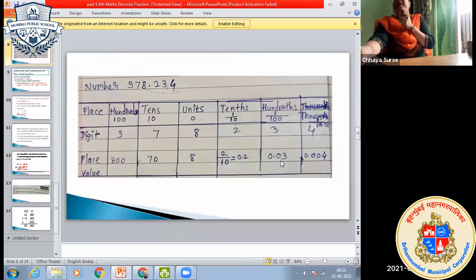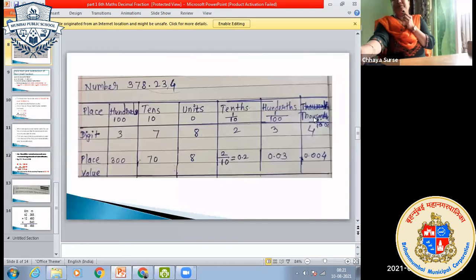So 0.03. The decimal fraction you convert to 0.03. So 3 upon 100 is now converted into decimal point, 0.03. Clear? Because here were the 2 zeros, so we want after the decimal point 2 digits. That's why we have taken 1 zero, and after the decimal point we also want the 0. That's why we have taken another 0.